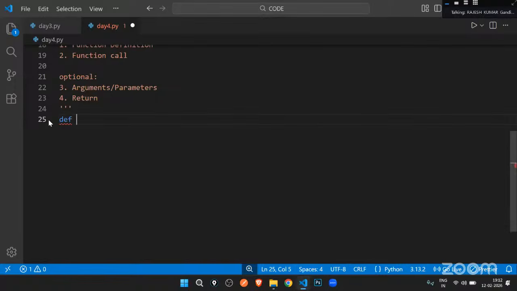With a single space, you can come up with the name of a function. So name should be a valid identifier. Now what's a valid identifier? It should not contain any special character apart from underscore. It should not start with a digit. These are all the things you know about what an identifier is. So it should be a valid identifier. Let's say the name of the function is do_something. This is the name of the function.